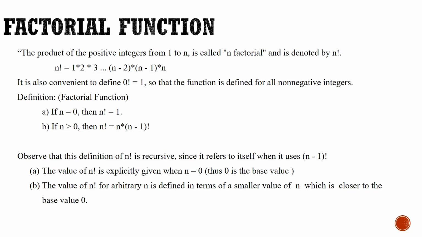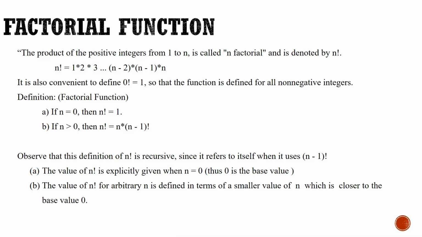Let us take an example of a recursive function. The function for the recursion can be written in both ways. Either an iterative function can be written, or we can write the recursive function. So now let us look at the equation for n factorial. What is the equation for n factorial? 1 multiplied by 2 multiplied by 3, and keep going till we multiply the last number, which is n.